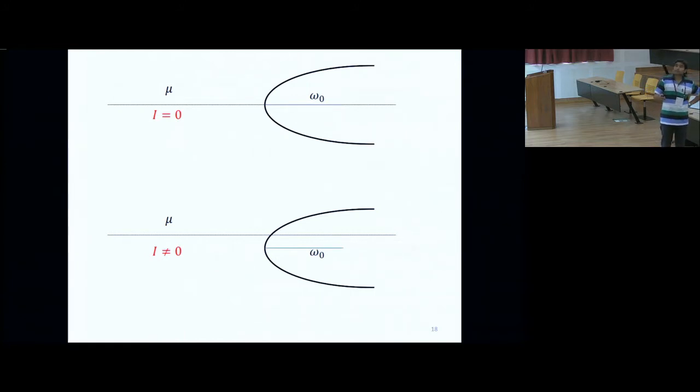So the result is that when mu is in resonance with my dot energy, there is no current. When I am off resonant with this chemical potential, then I have some current. It came as a surprise, and we thought this could be related to the fact that the quantum master equation doesn't give you